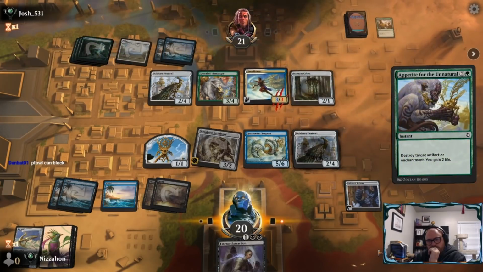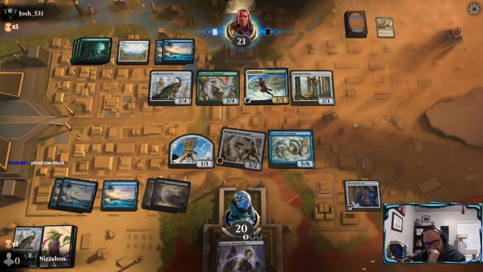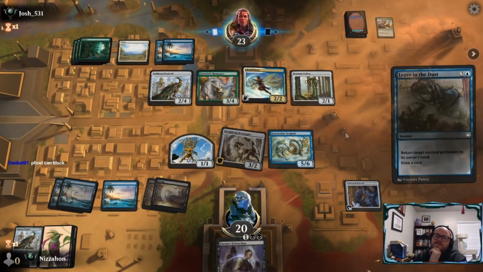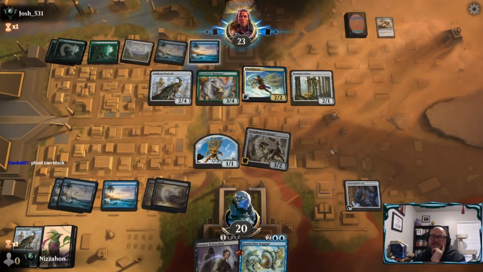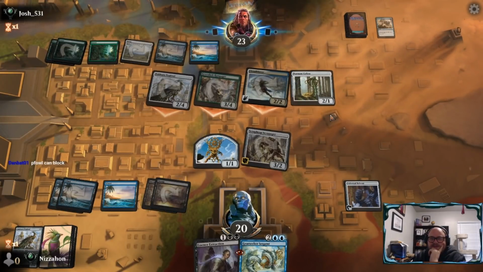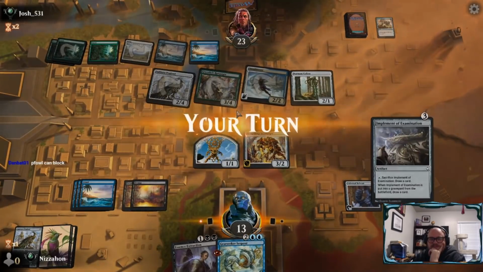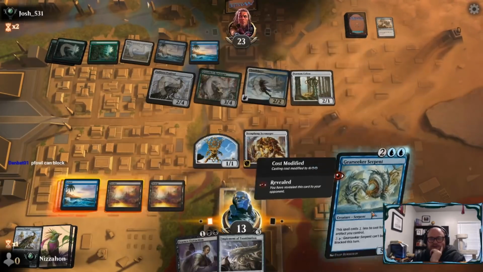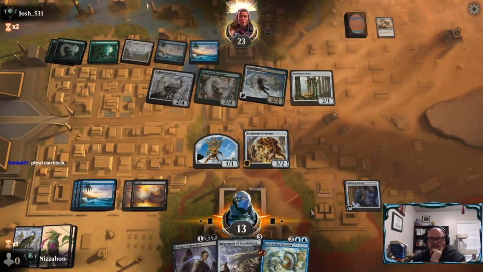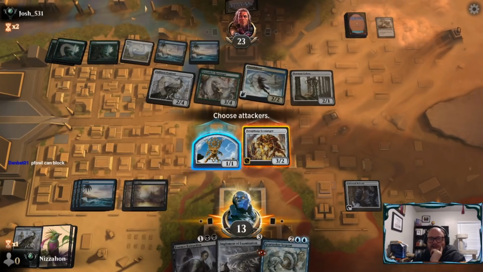Uh-oh. Wow. They're just like undoing us here. You know, Cloud Blazer can help set that kind of thing up. Alright, so we're going to take the 7. I guess we replay our Gearseeker. Well, might as well attack with our Scrounger. I'll be able to replay the Gearseeker either way, so...